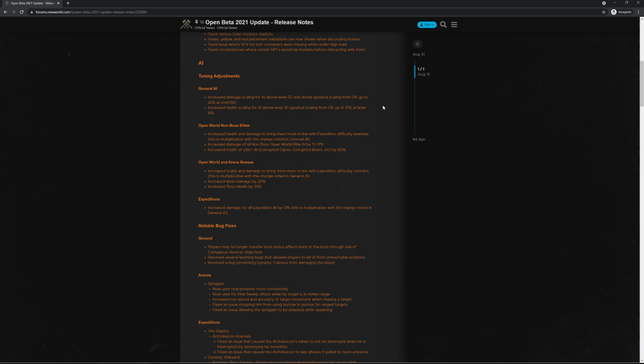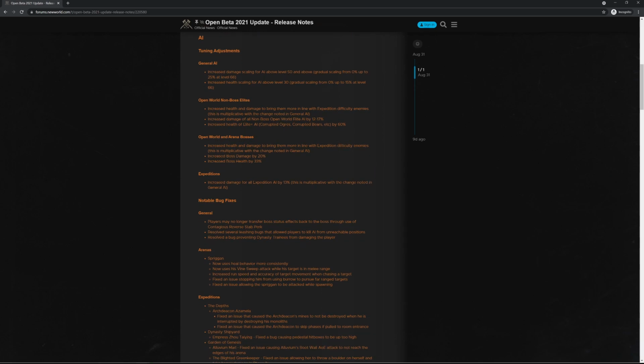End game PvE content is going to be significantly harder. I mean, some of it can be pretty challenging. It's certainly going to be group stuff only probably from now on. And we see the same health scaling as well from level 30 up to 66. So going to be doing more damage and have increased health. Move on to open world